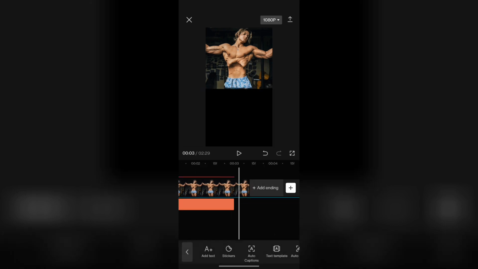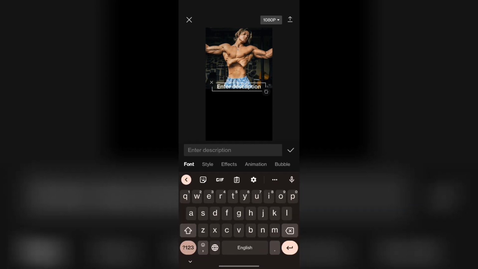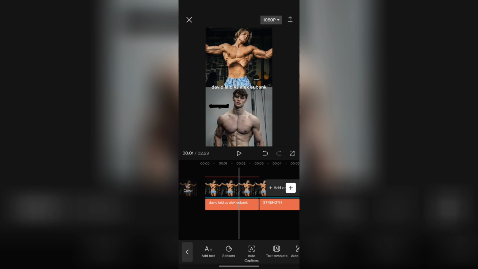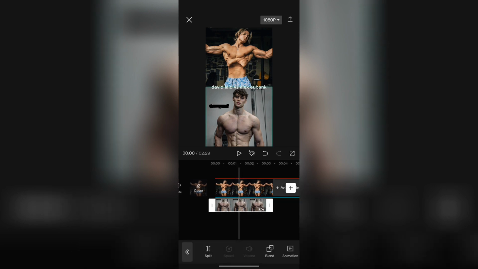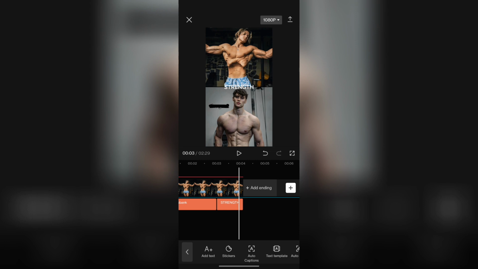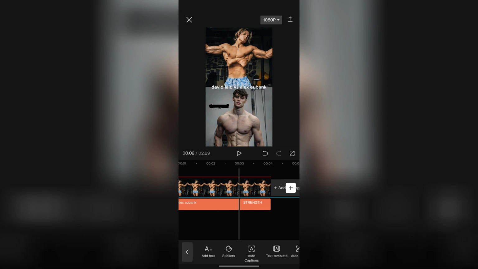And then right here, you want to add another text, say like strength, and now you can go into the competition. And also you want to make sure that the overlay is the same as the main video. Then now what you want to do, let's say that we want Alex Eubank to be the winner. So you want to click on the Alex Eubank one, and then you want to basically find the intercept where